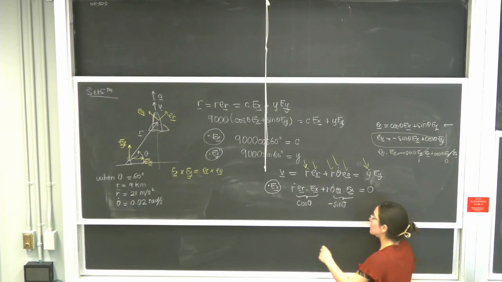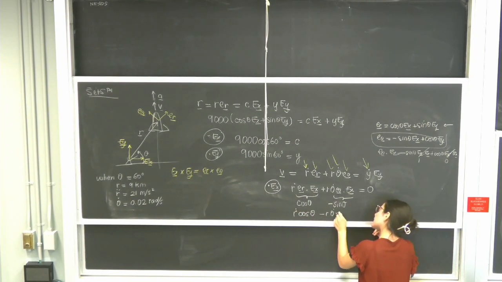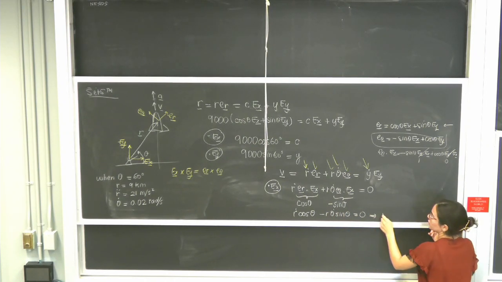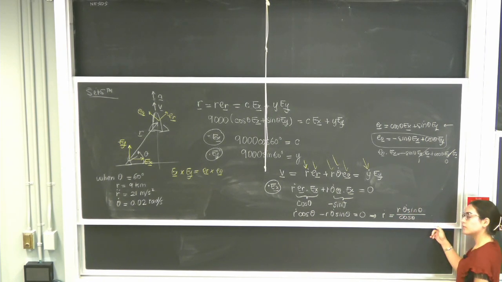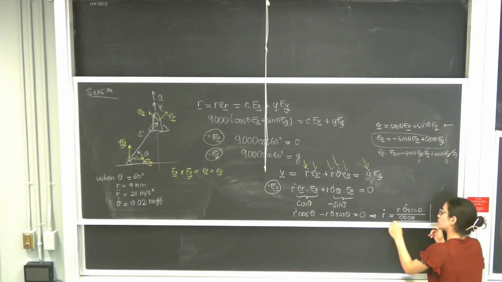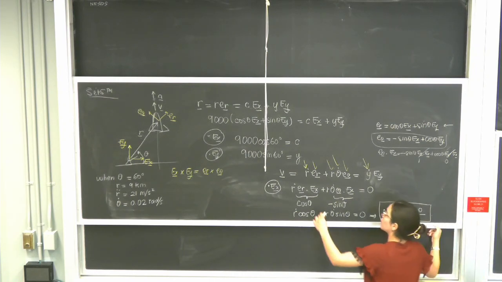So I have R dot. I'll be organized and I'll go under this. R dot cosine theta minus R theta dot sine theta is equal to 0 and I can solve for R dot. Cool. I found my first unknown, that is R dot. Now,